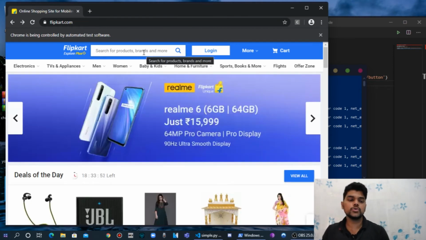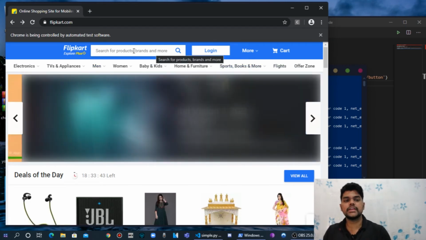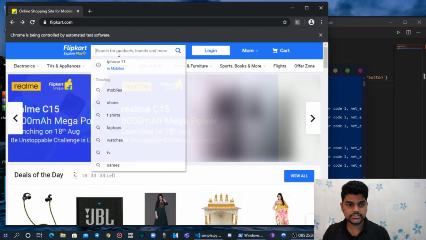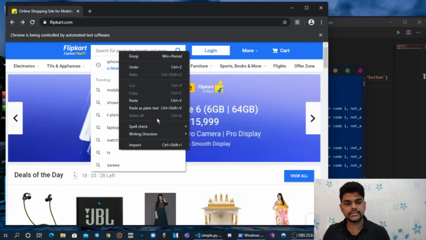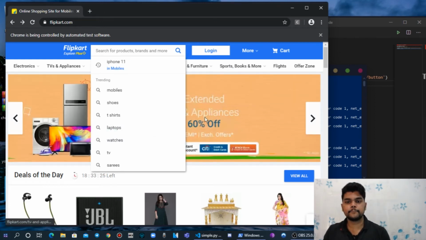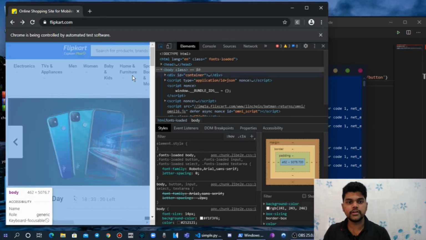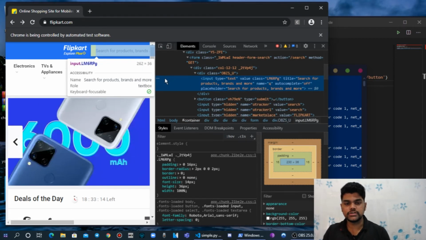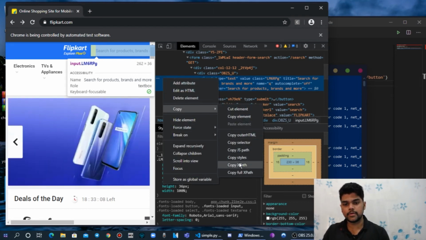Now what I want to do on this website is search for something on Flipkart. We have to search in this search bar, right? So we will take this element and assign it to one variable and send some input keys to this search bar so that we can search whatever we want. So right click on this again, the same way, and inspect. Click on this one and move your cursor to the search bar. Now we have the search bar element here, and the same thing: right click on it and copy XPath.